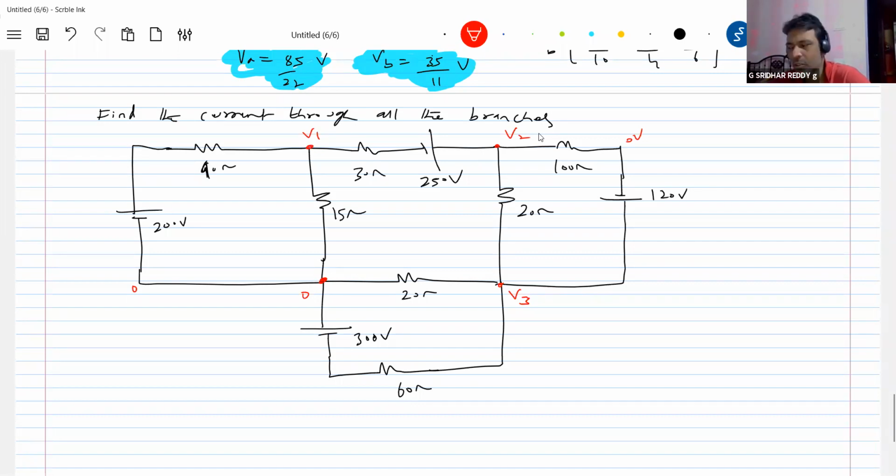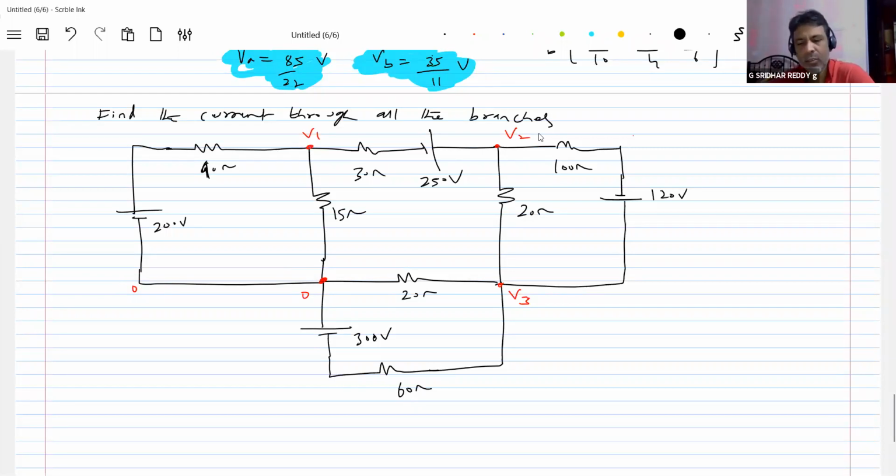So 0 volt should be there if two points are connected by a conducting wire. If you make any one point 0 volt, here I made this 0 volt, since a connecting wire is available, I can make this also 0 volt. If any one resistor is there here, then you cannot make this 0 volt. I'm just applying basic electrostatic principles here. These 2 points are connected by a conducting wire. The conductor must be equipotential. That's why I'm writing 0 and 0.